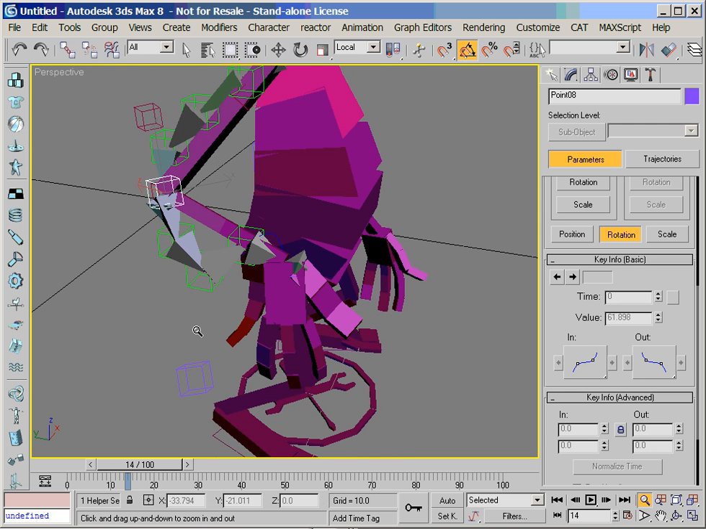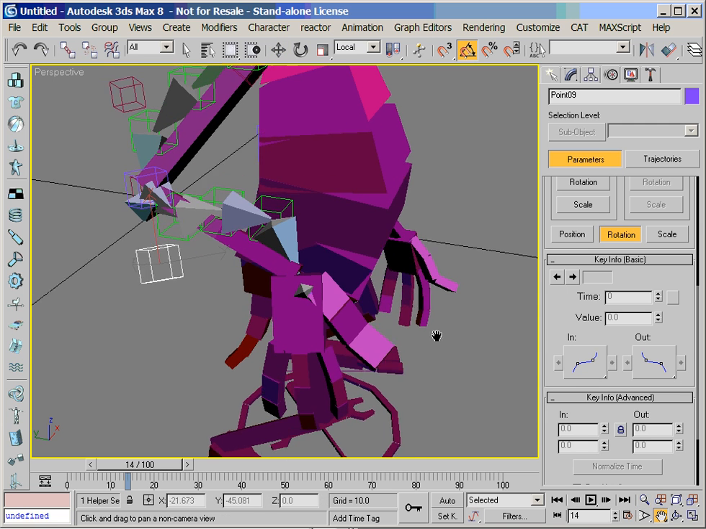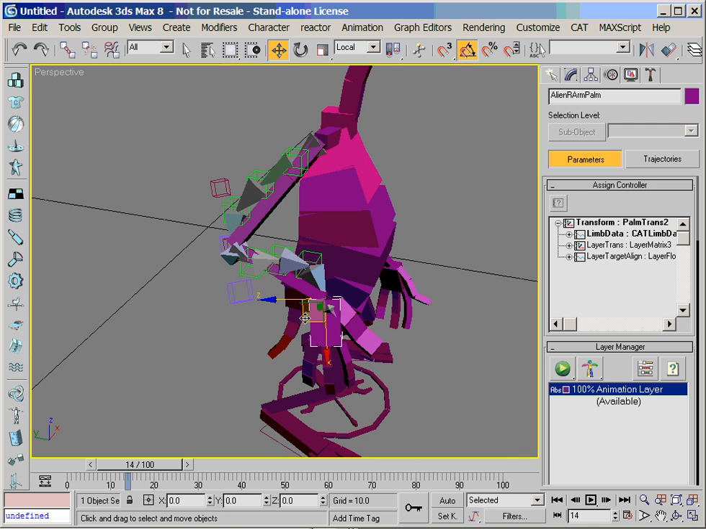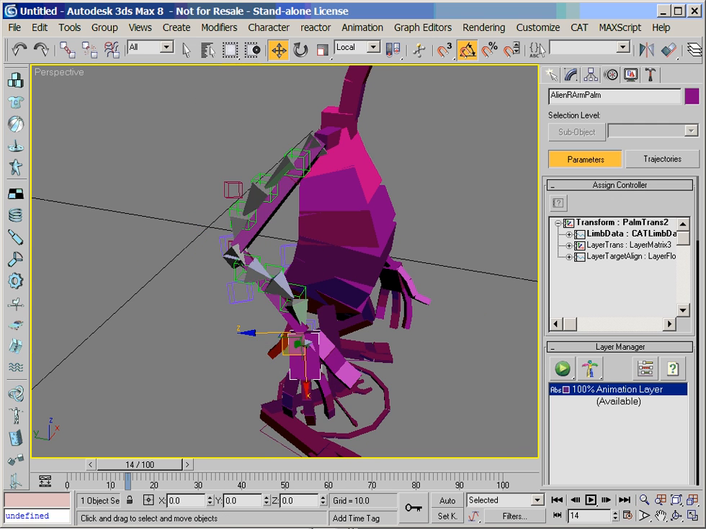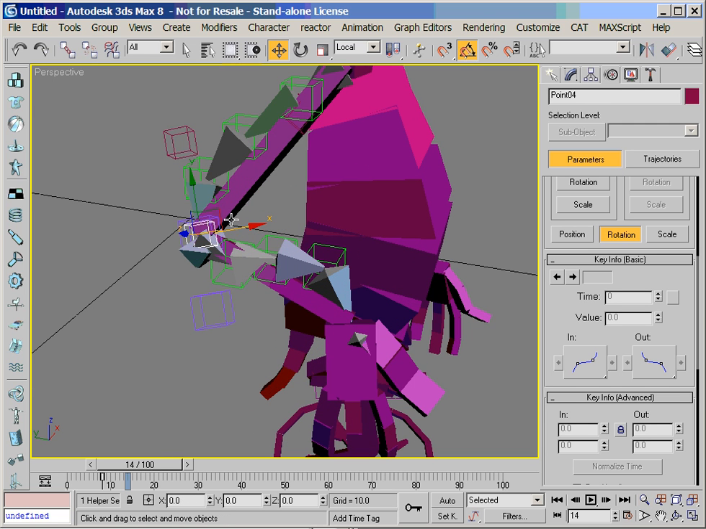undo that. Before we continue, we'll link our... Okay, so we have a stretchy arm which is bendy, and the bendiness is controlled by these point helpers. So at this point, what I might suggest is that we take this layer of animation off our rig, but